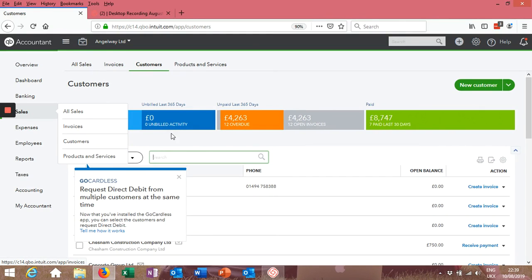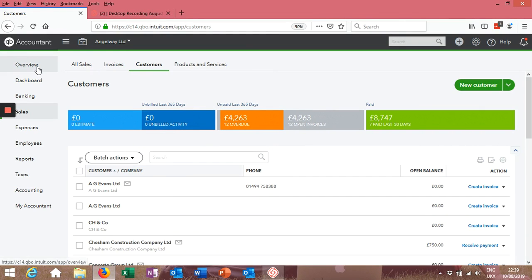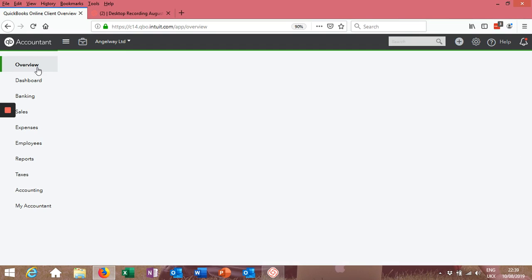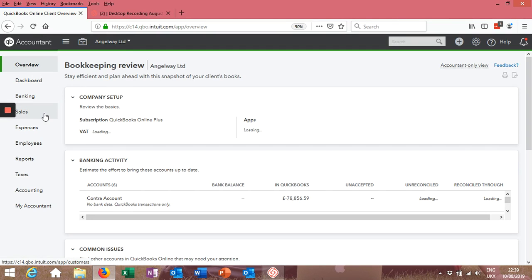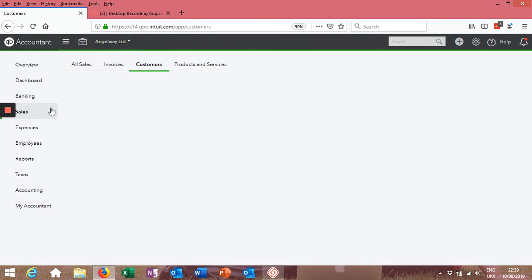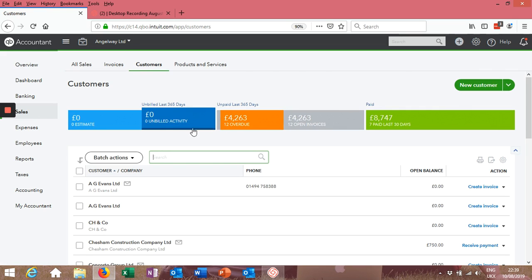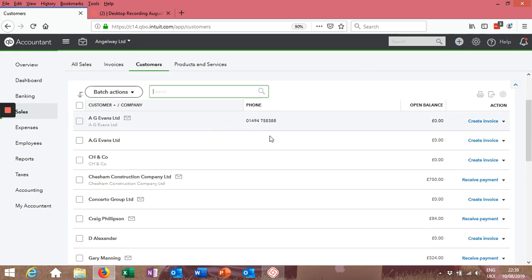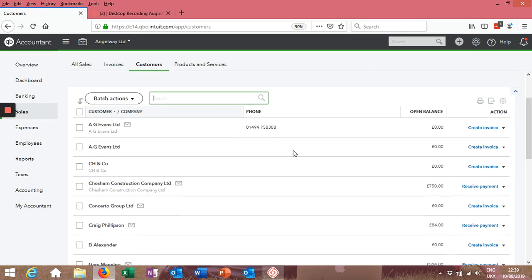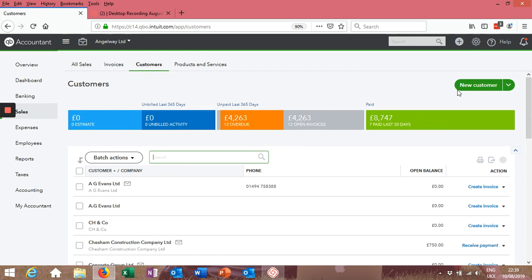Okay, so to get a customer onto GoCardless, from the main screen you go to Sales and then Customers, and here you can see a list of the customers. If a new customer wants to go on GoCardless, you just set them up first by going to New Customer,